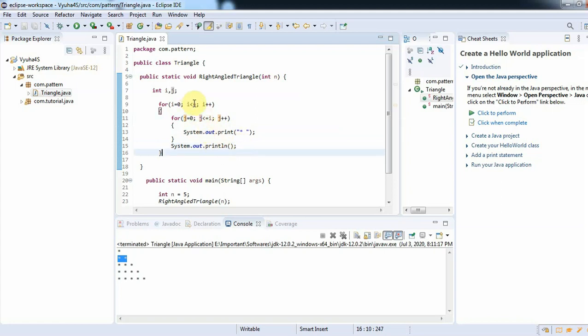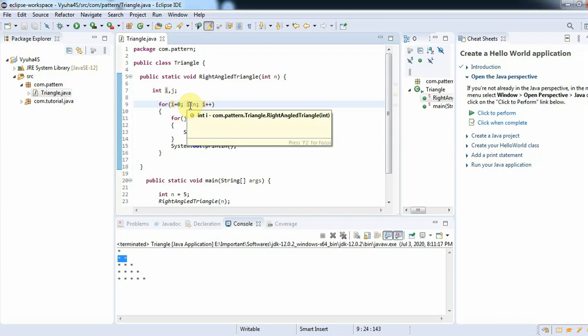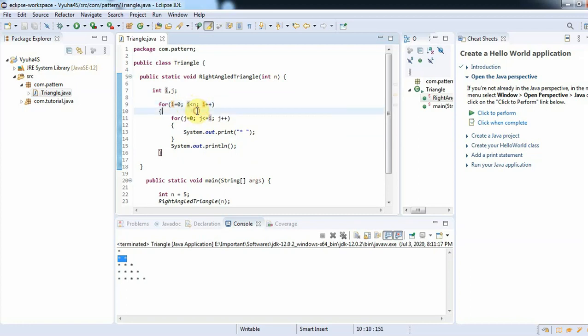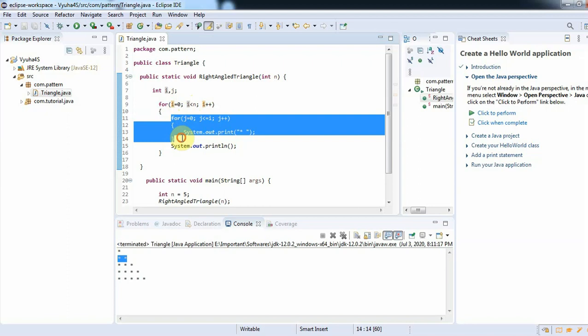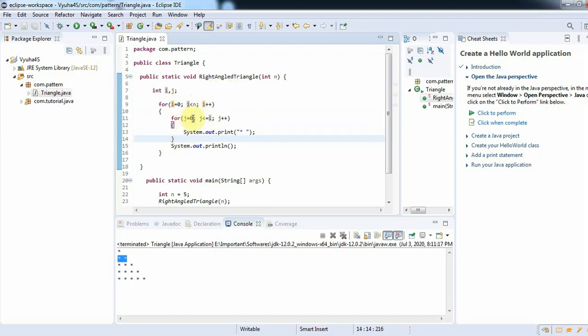In this way, i will get incremented. The value of i now is 2. So 2 less than 5, which is true. So it enters the for loop again. Here the value of i is 2, and this for loop will iterate 3 times, because j equal to 0 the first time, j equal to 1 the second time, j equal to 2 the third time.